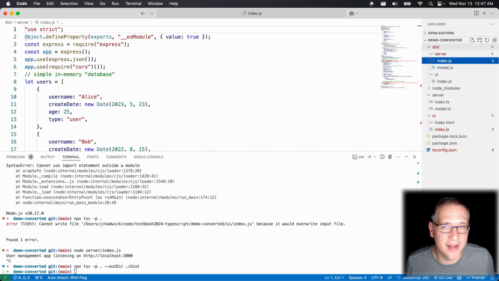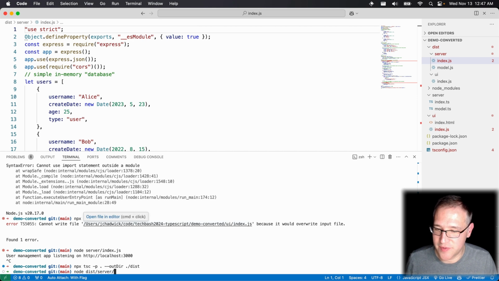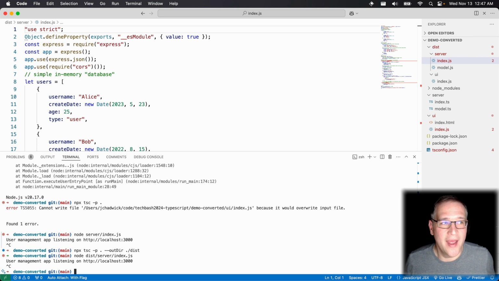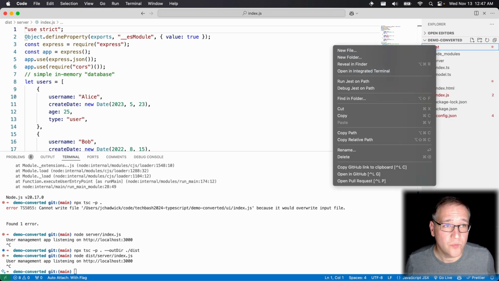So here we can see our index.js. This is that ES2019 code. And this works as well. So if we say dist, server, index.js, there's our application running. Now, this works perfectly well, obviously. But